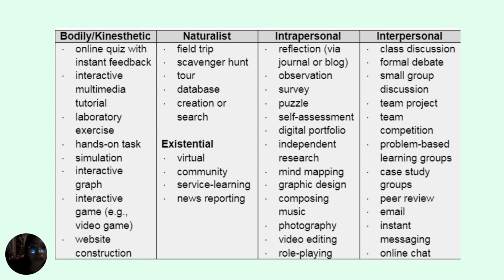While intrapersonal, from the word itself, is more individual, self-centered, focused on themselves, more on inner thoughts and feelings, here in interpersonal, it is more on collaboration. So the type of students like this learn best when they are with their friends, peers, or small groups,